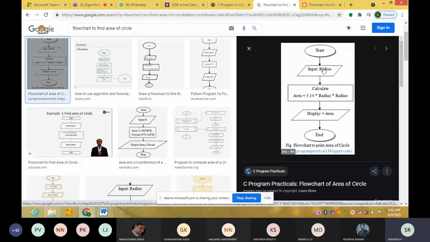Input and output we have used parallelogram. For calculations we have used rectangle. Okay. You take this as example 2.